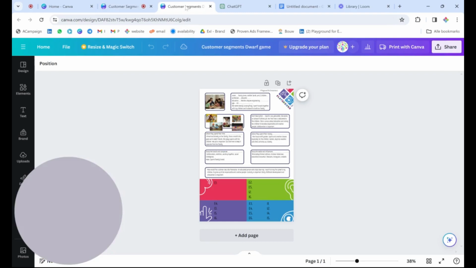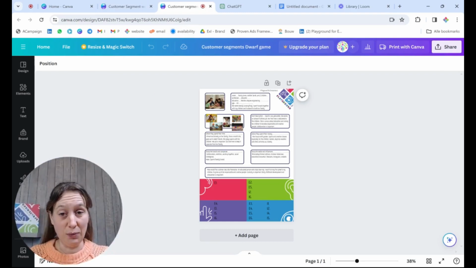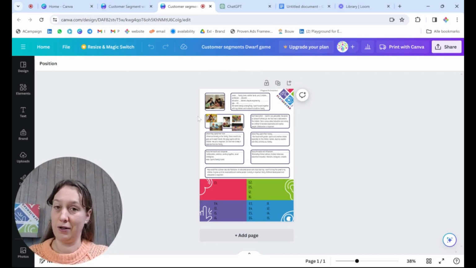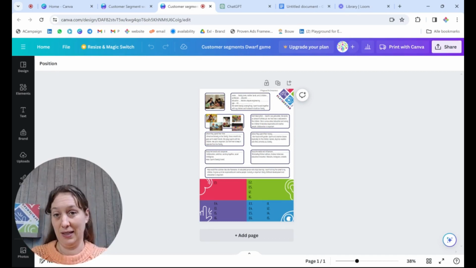Just to remind you, we had filled this in about a collaborative board game for children. So this is how we explored our buyer persona in this case. And now we are going to go to ChatGPT to explore how to simulate an interview, and how to get the right insights out.